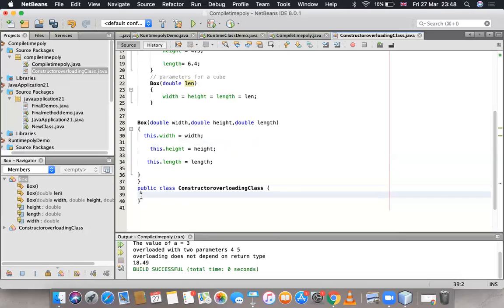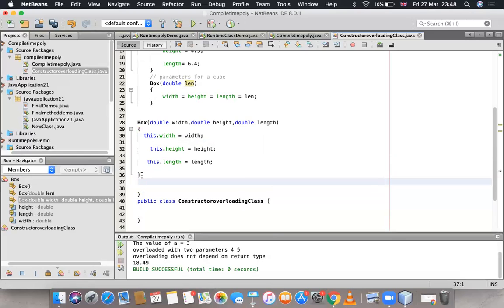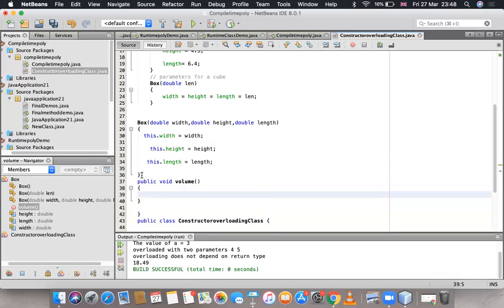Now what I should do is create an object of the Box class. Now I'll be writing one more method, called public void volume. Inside this, double vol is equal to width star height star length.